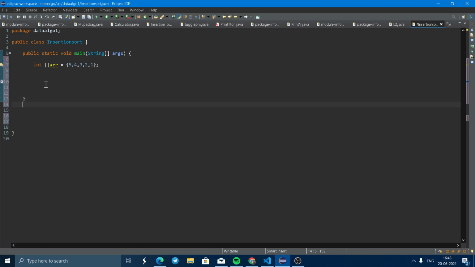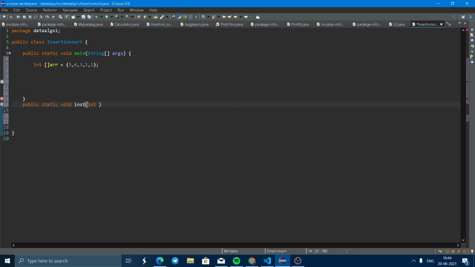Now from here we have to declare a method, public static void inst. You can take any function name, but I am using insertion sort, so I used inst.